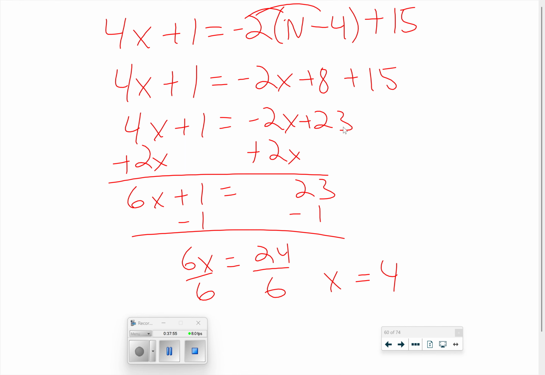Collect like terms. Get 23 here. I haven't done anything on the left side, just brought it down. Now, I like to move the letters to the left, so I do the opposite. Add 2x on both sides. 4 plus 2 is 6x. Bring down the positive 1. Bring down the positive 23. Do the opposite of plus 1. Subtract 1 on both sides. 23 minus 1 is